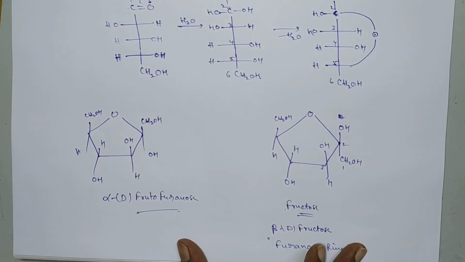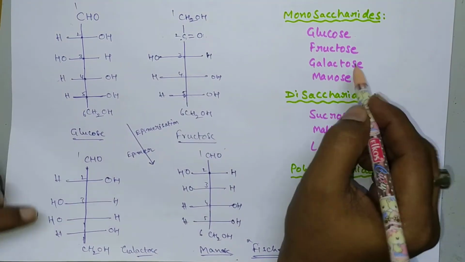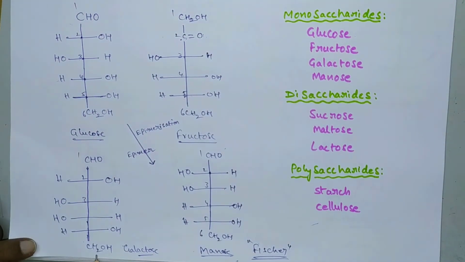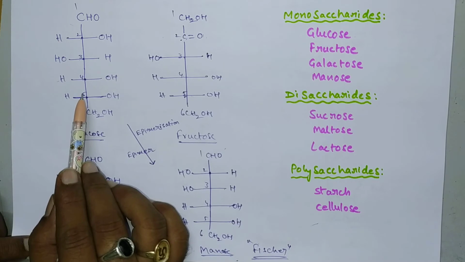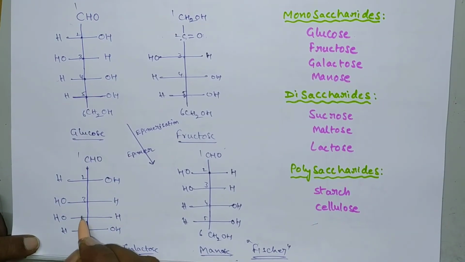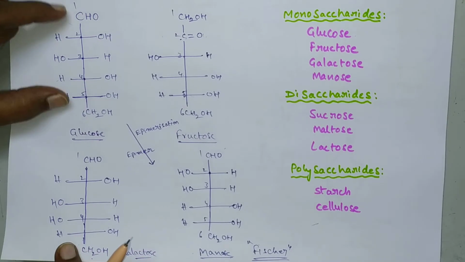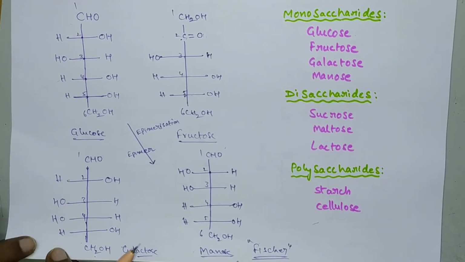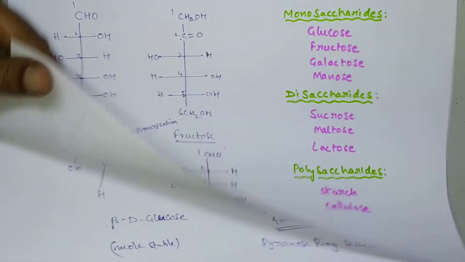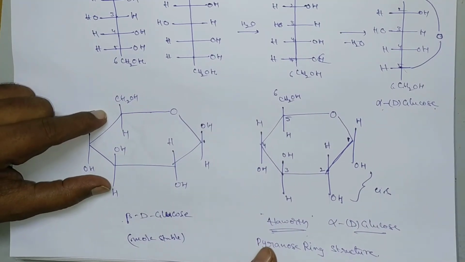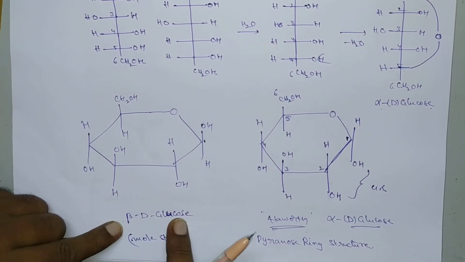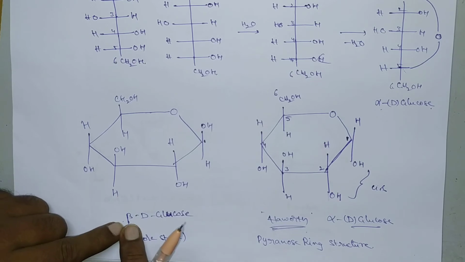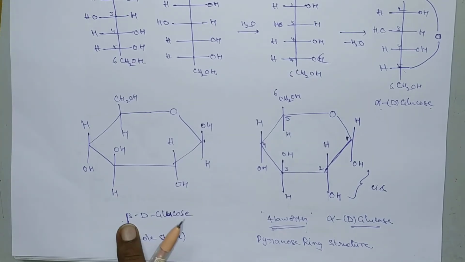And now we move on to galactose. So galactose, how is galactose obtained? So galactose is obtained by interchanging the 4th carbon. Here it is the 4th carbon. So from glucose, if you interchange the 4th carbon, we get galactose. Okay, so here this is glucose, this is beta D glucose. So generally galactose exists in the form of beta D form. So that's why we are considering the beta form.